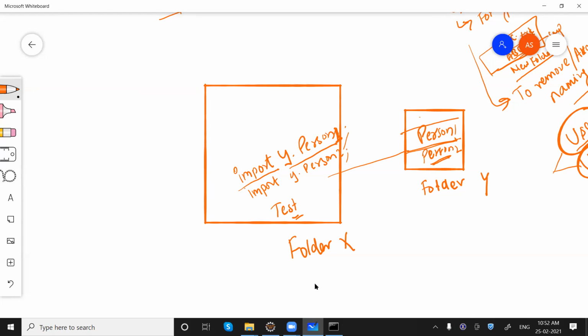If there is one more, let me say Person3, then we need to write that as well if we want to use it. So instead of this, what we can do is write import Y.*. Star means all the classes available in this Y folder we are going to use. Make sense? Getting my point, guys?